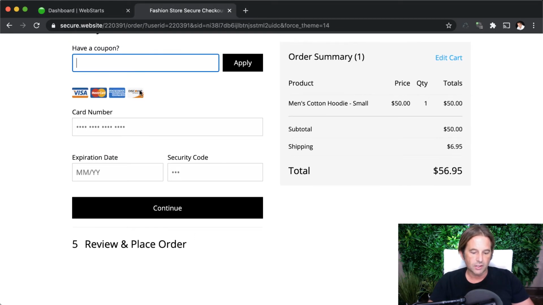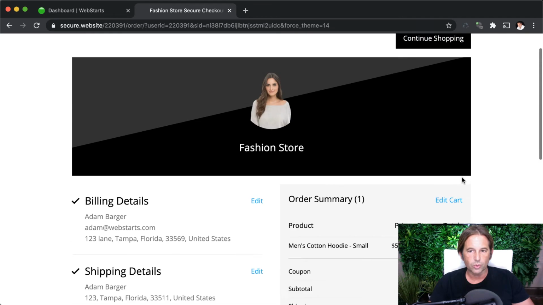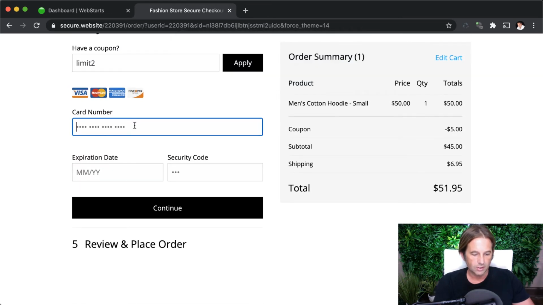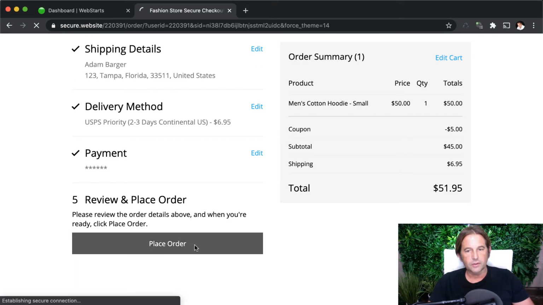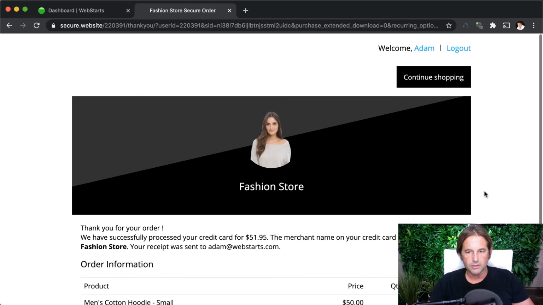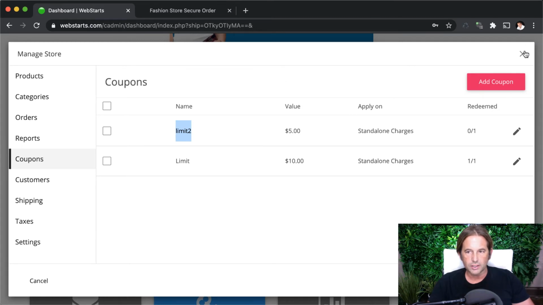On the checkout screen, if I go there and I add that coupon limit 2 and click apply, you can see that it took $5 off of my order total, and then I can continue with my order just by entering in a card number. Let me do that just for test purposes and show you what that looks like. And then you can place the order. The order goes through. My account is in test mode, but nonetheless it's going to allow that test order to go through. And then what I can do is go back over to my store,